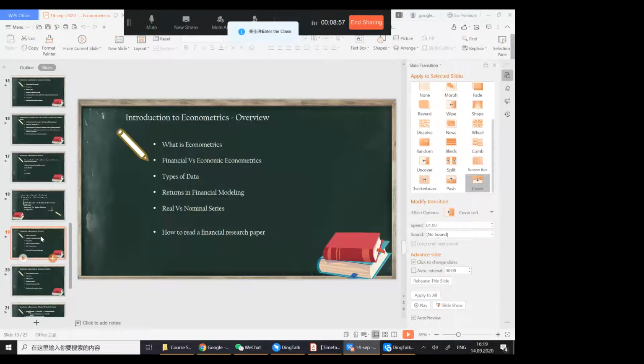And last but not least, we also got into how to read a financial research paper, and what the important aspects to look into are. First, define the theoretical development that the paper is contributing to the theory. What is the theory they are talking about? They are formulating their intuition, and then how did they collect the data, through a primary source or a secondary source. So all this was an overview of econometrics in our previous week.